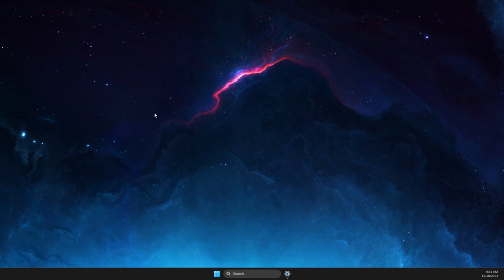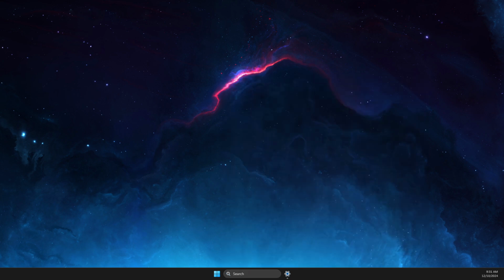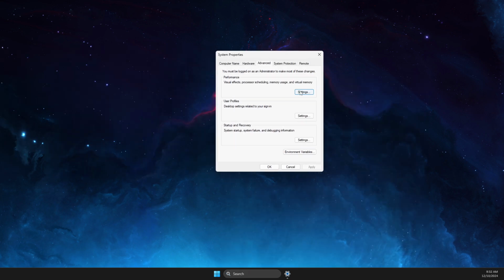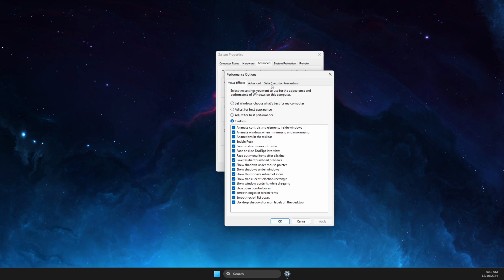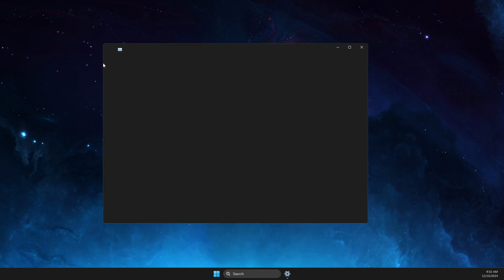Next step, what we need to do here is to go to view advanced system settings. On view advanced system settings, go to performance, then select adjust for best performance, right? Apply, OK. And next thing, you need to open up task manager, then go